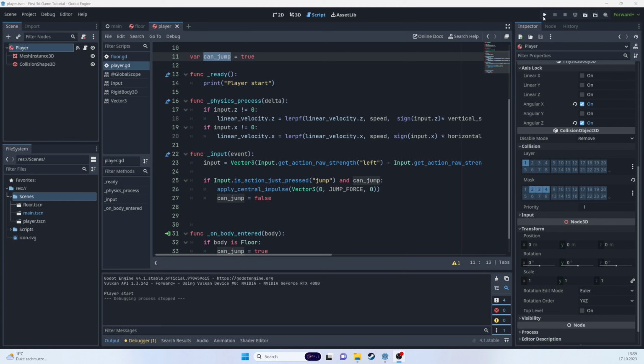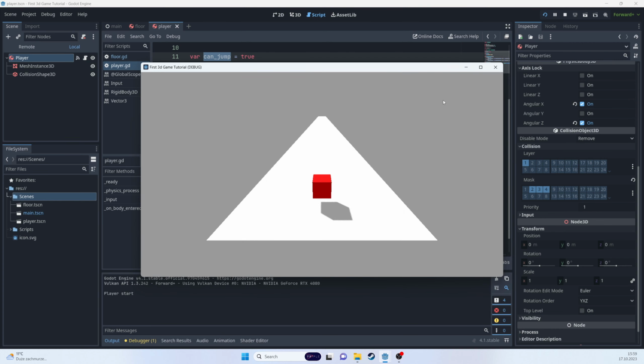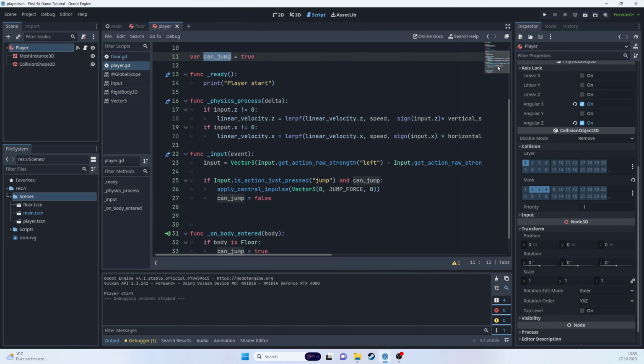If we run our game and start moving, you'll see that there's one problem. The camera is not following the player, and it just looks strange when we're moving away from the camera. So I would like to find a way for us to synchronize the camera position with the position of our player. And to do that,